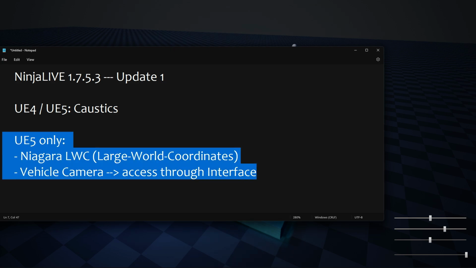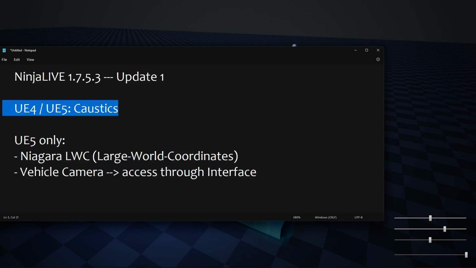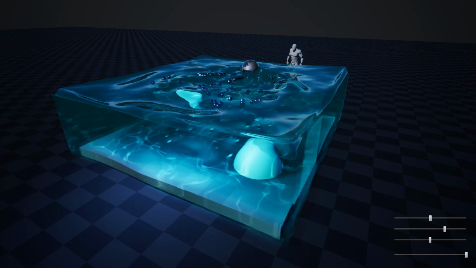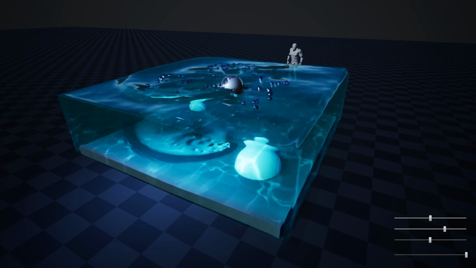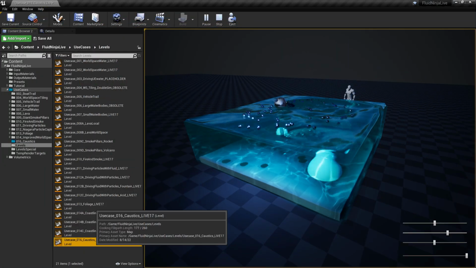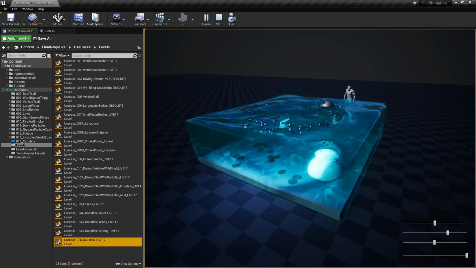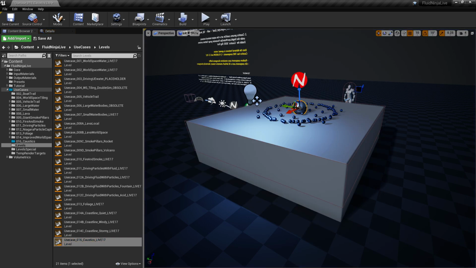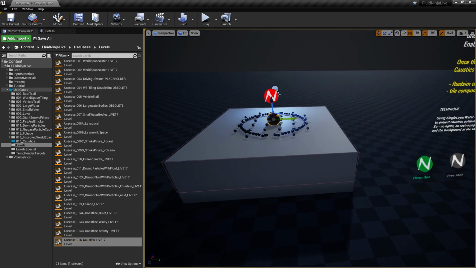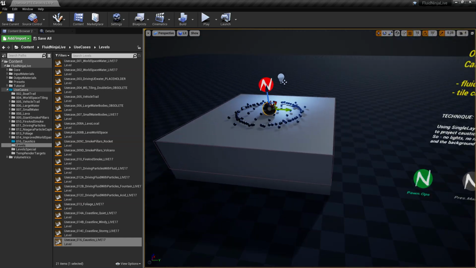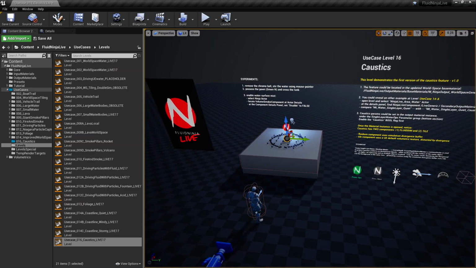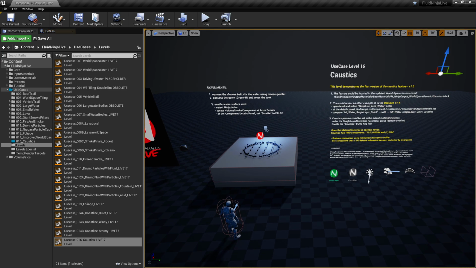I'm not going to talk about these, but let's get back to the caustics a little bit more. There is a new use case level, use case number 16, and in case you start this level, you'll find a simple stage with this box-like thing, and you could do various things, all explained beside the stage on the text.